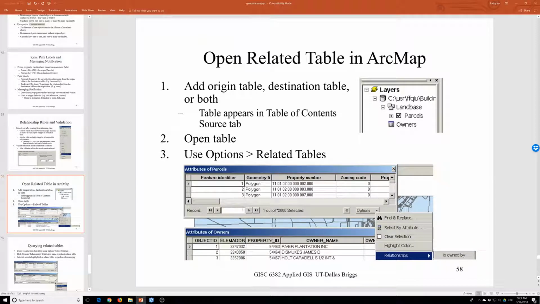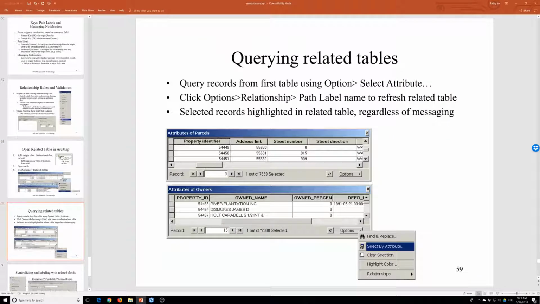So open a related table in ArcMap. Add the origin table, destination table, or both. The table appears in the table of contents, Source tab. Open the table and use the option Related Tables. Query related table: query records from the first table using the option Selection, Attribute. Click Options, Relationship and path label name to refresh the related table, and select records highlighted in the related table regardless of